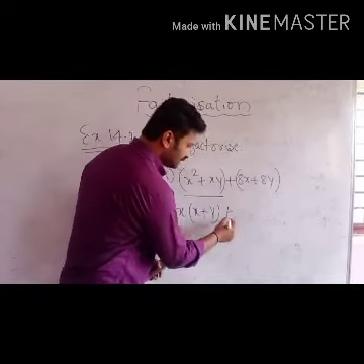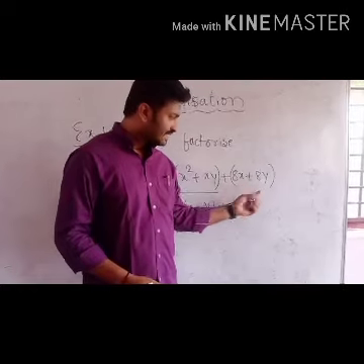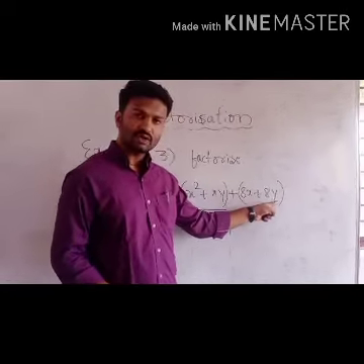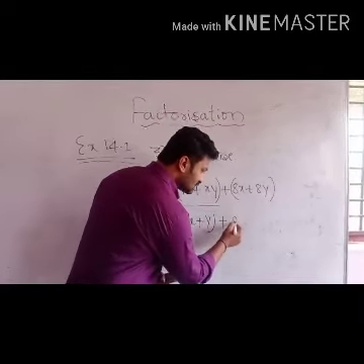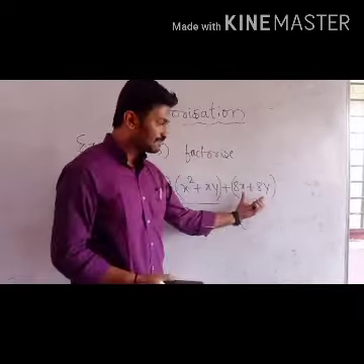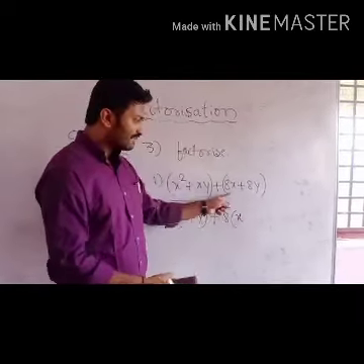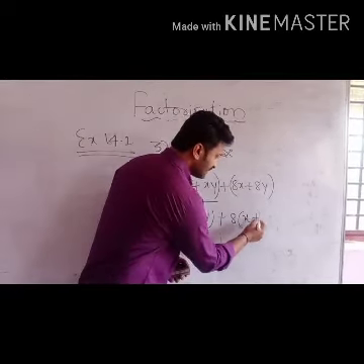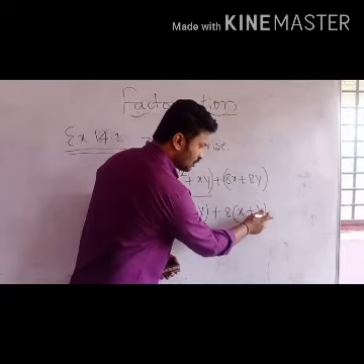And plus, here is there any common? 8x plus 8y. Here x is there, here x is not there. Here y is there, here y is not there. I will take 8 common outside. This 8 is there in both the term, right? And what remains? X remains. Y means 8 common outside. Only x remains. Plus 8 you take common outside. What remains? Y remains. Okay.